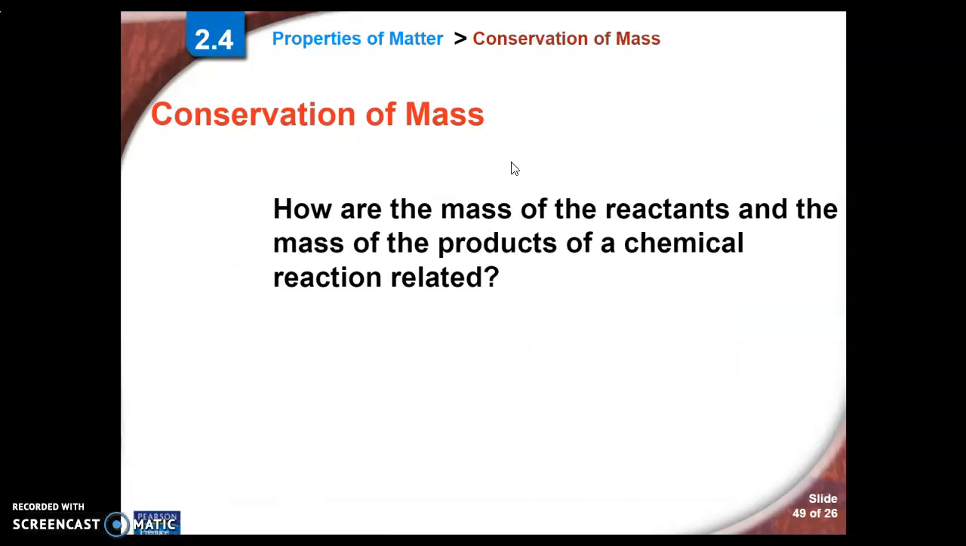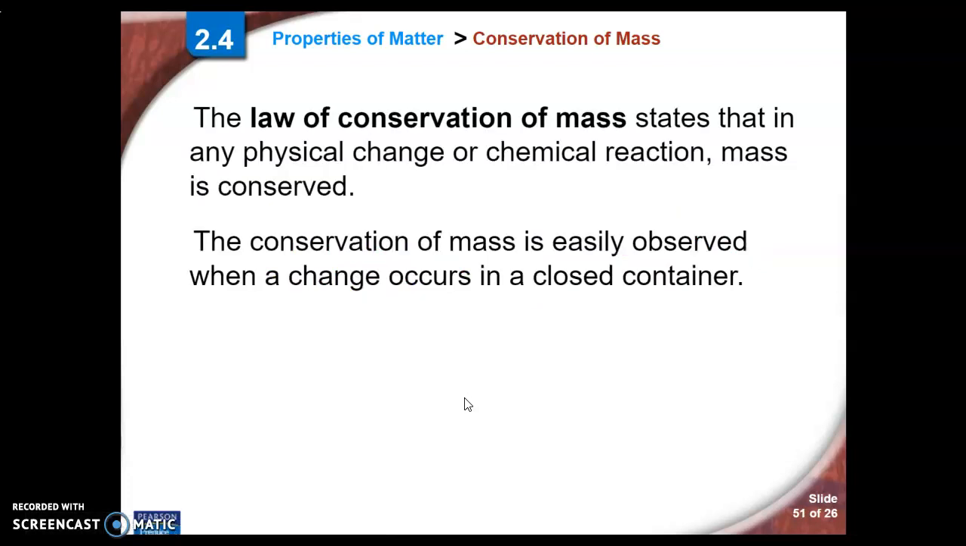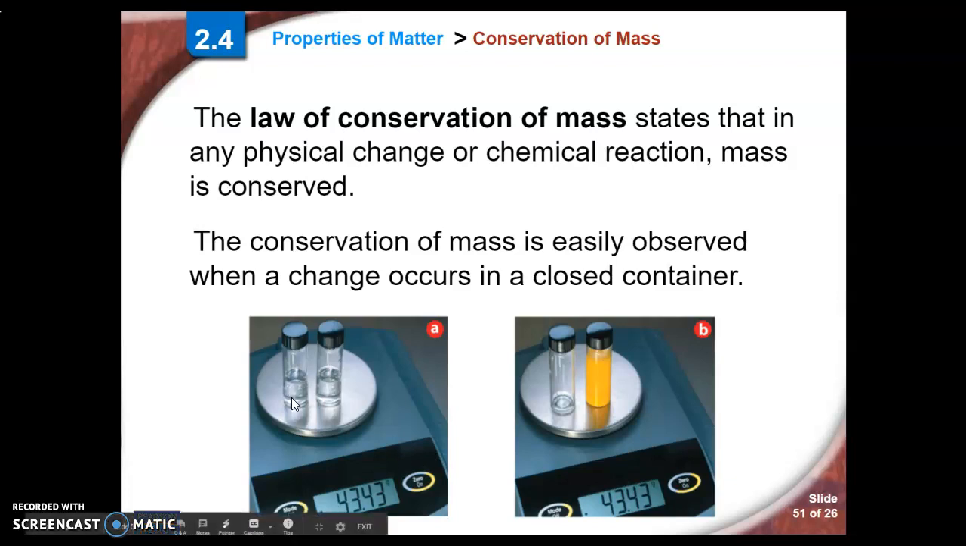So what happens to the mass of the reactants and the mass of the products in a chemical reaction? This is very important. The mass of the products is equal to the mass of the reactants. So what goes in should come out. This is called the law of conservation of mass. Mass should be the same from the reactants part and from the product part, which means, for example, you start with